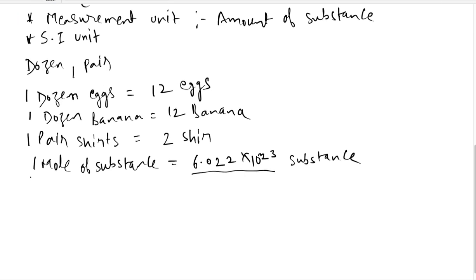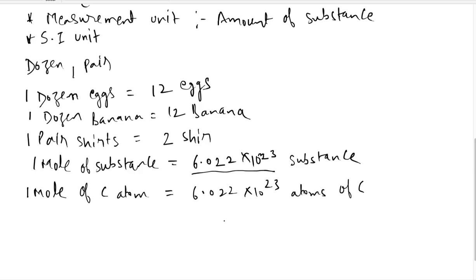So if I say, for example, I have 1 mole of carbon atoms, what does that mean? It means I have 6.022 into 10 raised to power 23 atoms of carbon. If I say I have 1 mole of